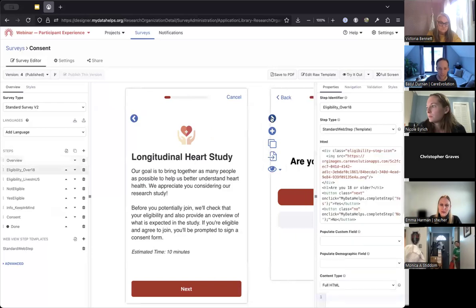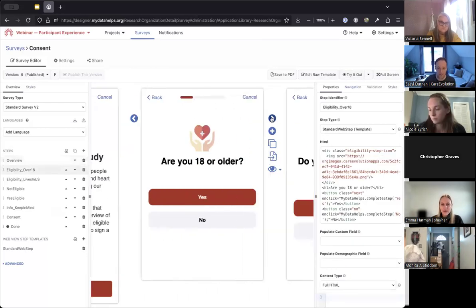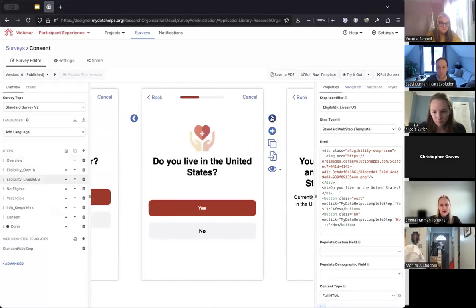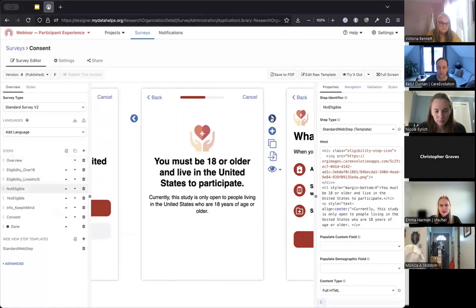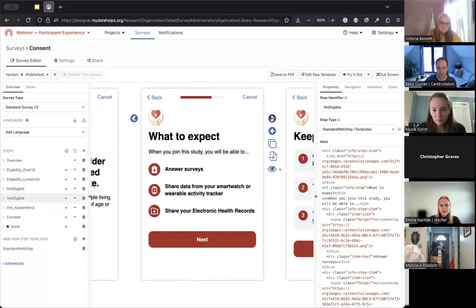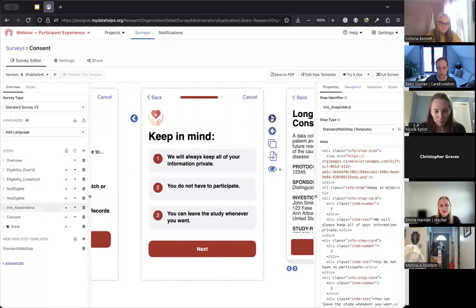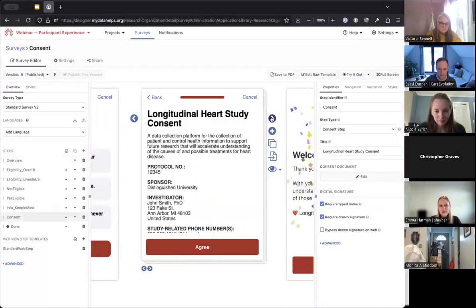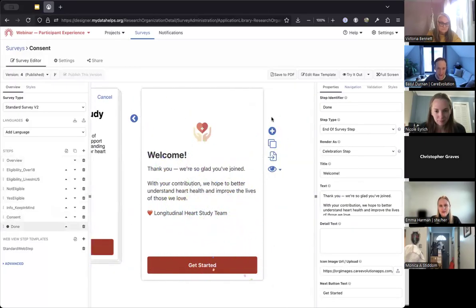All right, so I'm going to step through this. One other thing you'll see that we've done here, not just including the logo on different pages for your study, but we actually have a theme color, right, which is tying this all together and creating this visual brand that we have for the participant to start connecting to. And then, yes, we have the consent, and you can see on this last page here, something else I want